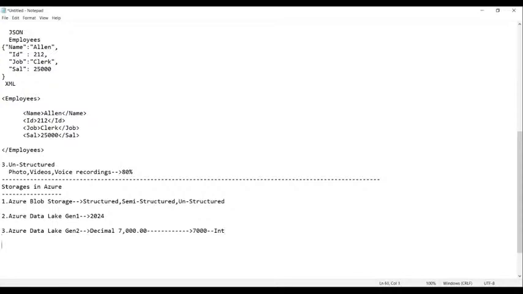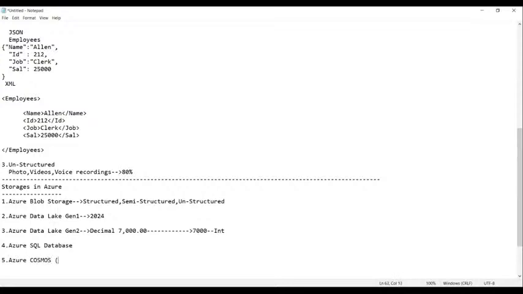Guys, apart from this, you also have the next one, that is called Azure SQL database. Then you have Azure Cosmos DB.